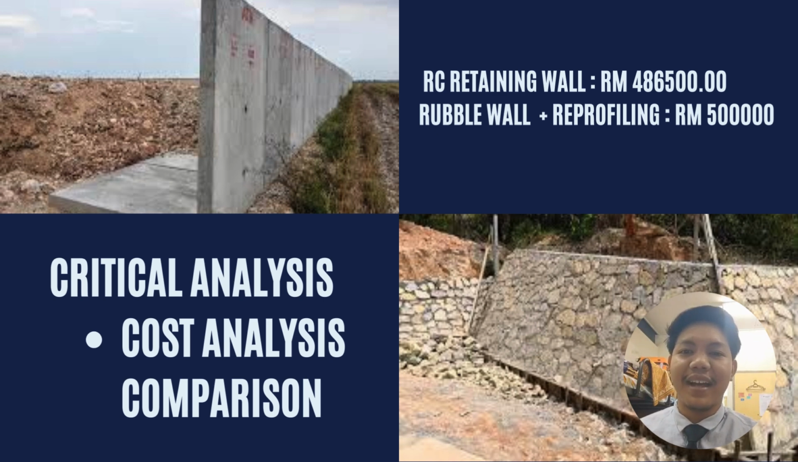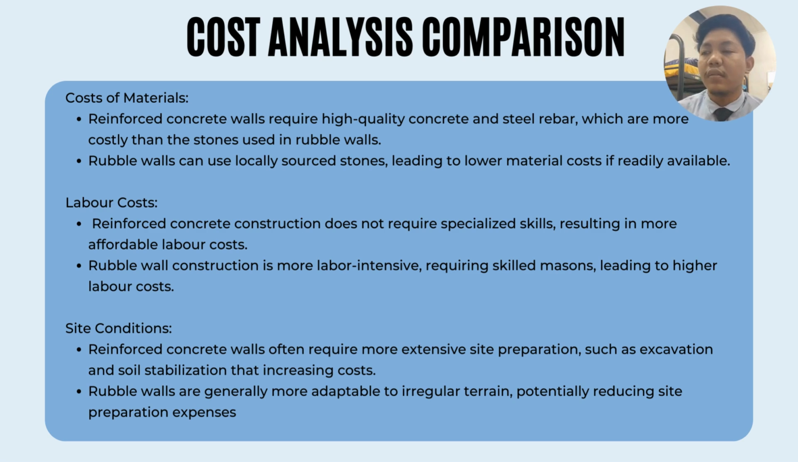In this slide, I would like to talk about critical analysis, which is cost analysis comparison. So first is cost of material. Reinforced concrete wall requires high quality concrete and steel bar, which are more costly than the stone used in rubble wall. While for rubble wall, we can get the stone locally, which leads to lower material cost if it is